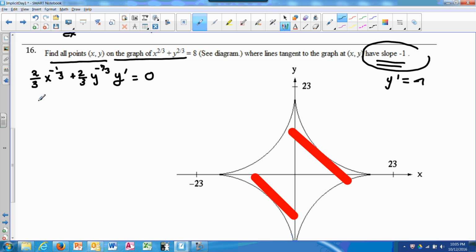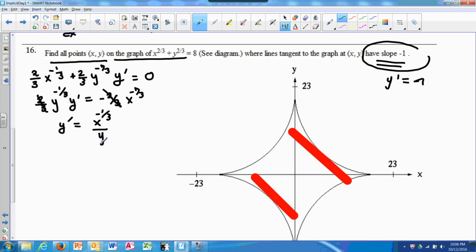So if I move over, I have 2/3 y to the negative 1/3 y prime equals negative 2/3 x to the negative 1/3. Dividing both sides by 2/3, that'll cancel. And then dividing both sides by the y term, not the dy term, I have x to the negative 1/3